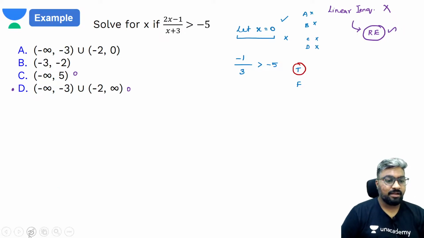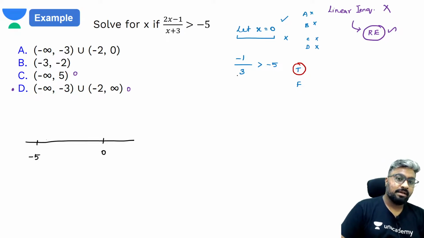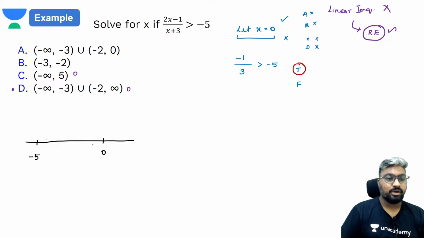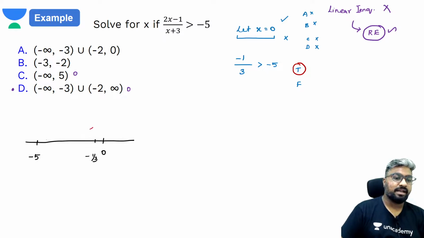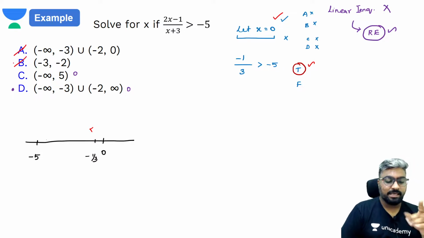Why? नेगेटिव में जितना बड़ा नंबर उतना छोटा वैल्यू, नेगेटिव्स में जितना बड़ा नंबर उतना छोटा वैल्यू। अपना -5 इधर रहेगा, -1/3 that is -0.333 इधर रहेगा। Yes, so जो भी वैल्यू राइट में है वो ग्रेटर है। Yes, so -1/3 is definitely greater than -5. Understood? So since this is true, that means x equal to 0 is also true. What will I do? I will eliminate option A and B, क्योंकि A और B में 0 इंक्लूडेड नहीं है।